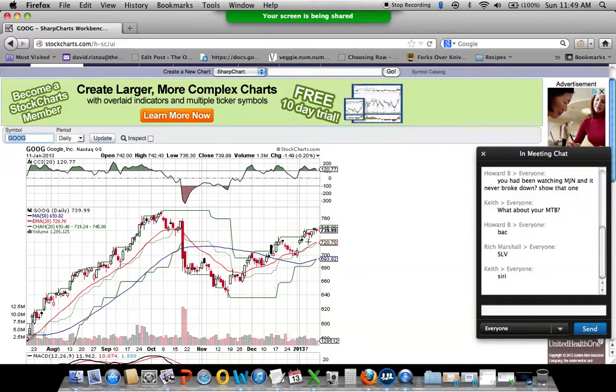I think it's good up to 775. So I think it could go as high as 775 this year. But I think the fair value is about 700. The reason for that, I think, is